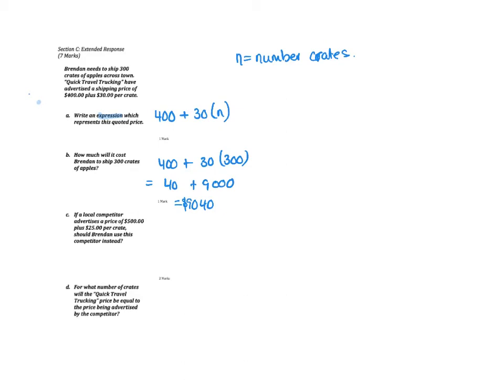Well, let's work that one out. You've got to pay 500 plus 25 for the 300 crates he's got. So if we work that out, it'd be 500 plus